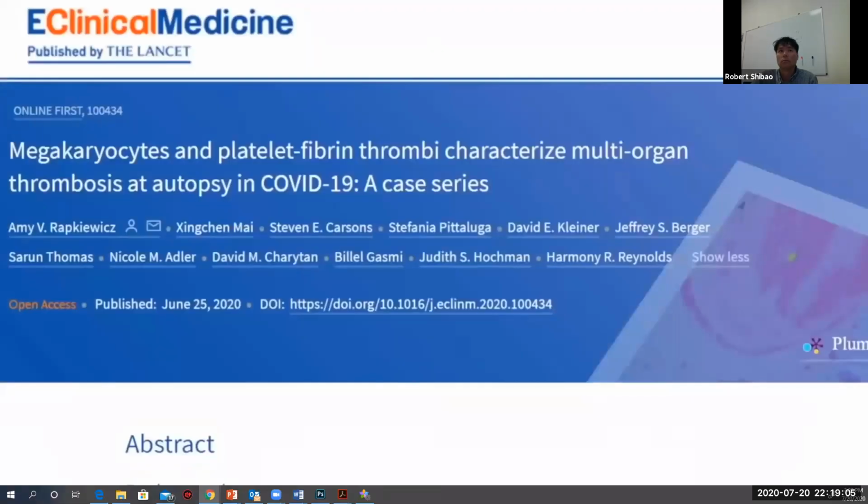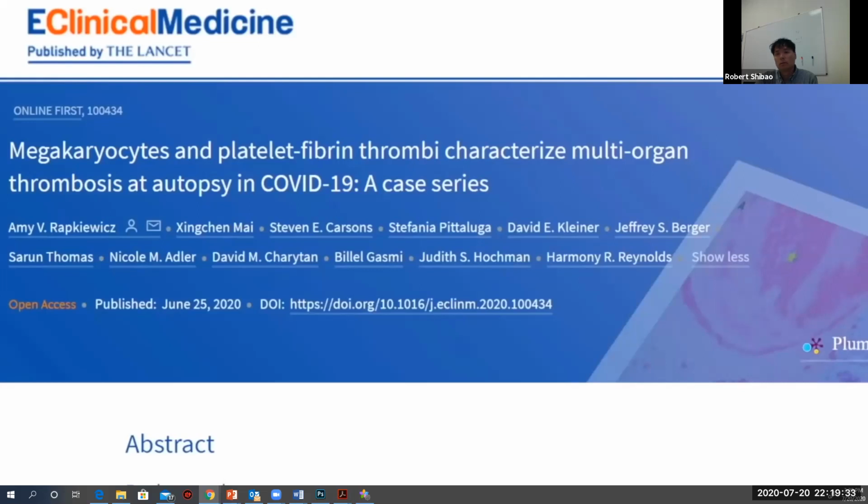I want to talk about this paper because we've talked extensively in the past about the pathophysiology of COVID-19. Don't want to take time to go through a lot of that at this point, but remember that the concern is that the virus attacks the ACE2 receptor, which causes oxidative stress, which causes inflammation of the endothelium, releasing procoagulant substances, and that leads to thrombosis.